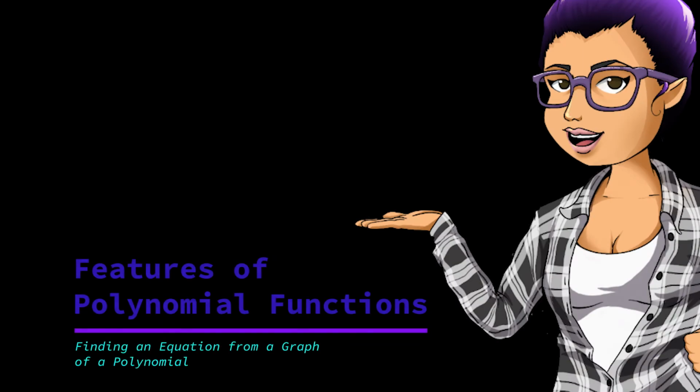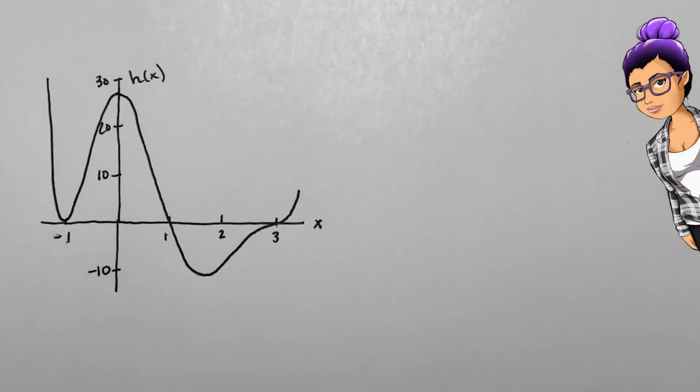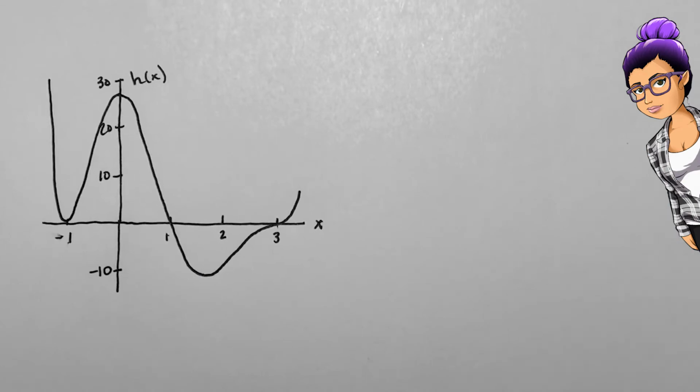Finding an equation from a graph of a polynomial. Like we did with the graphs of quadratic functions, we can spot some features of a polynomial to help us make an equation. Given this graph, h of x, we can set up the function equation similarly to how we